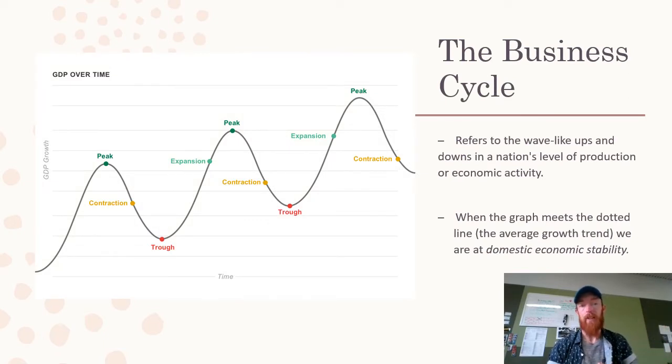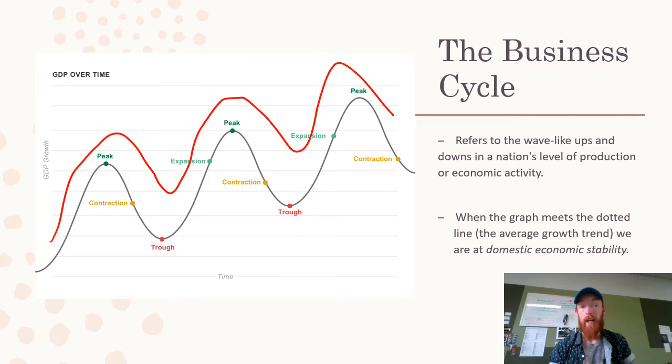Then we get into the business cycle. The business cycle is essentially a diagram which looks at how economic activity goes up and down in an economy in a cyclical pattern. When we look at it in a graph, you can see that it waves up and down over time, and we're expecting that over time it will continue to go up and down like this. Why it behaves like that is that essentially when economic activity is increasing too much, the government puts things in place to slow it down.